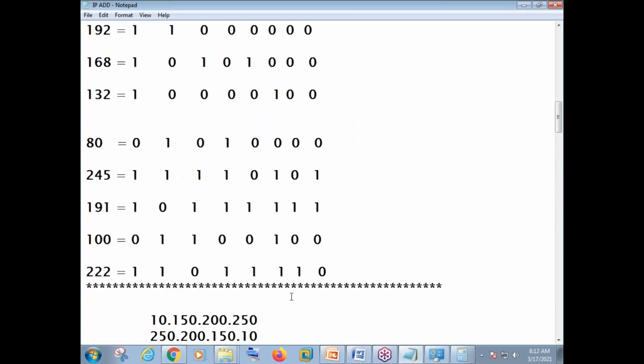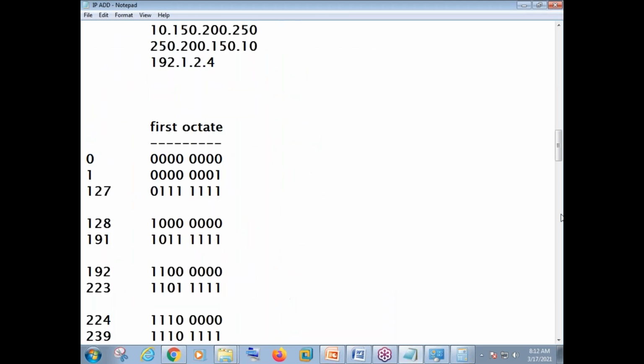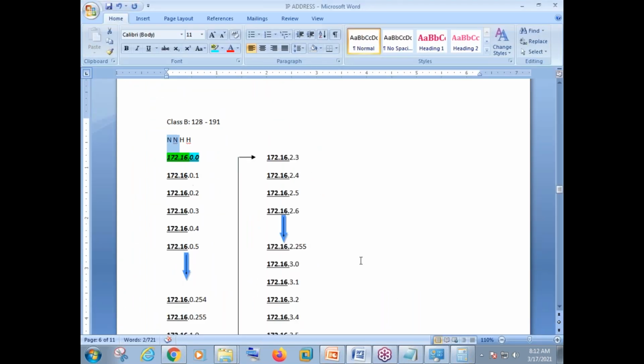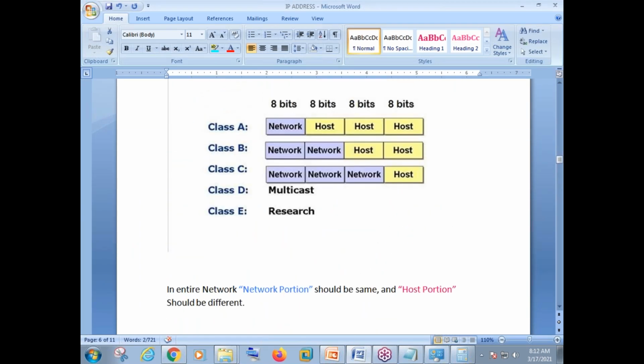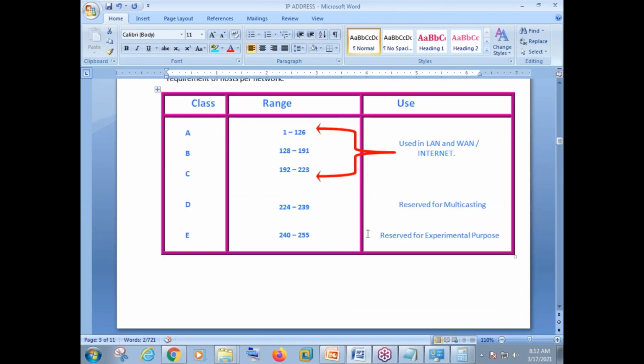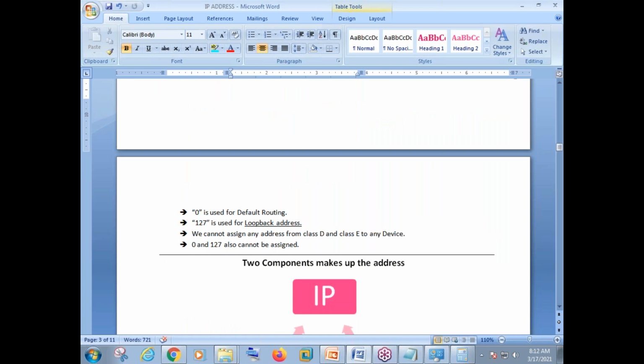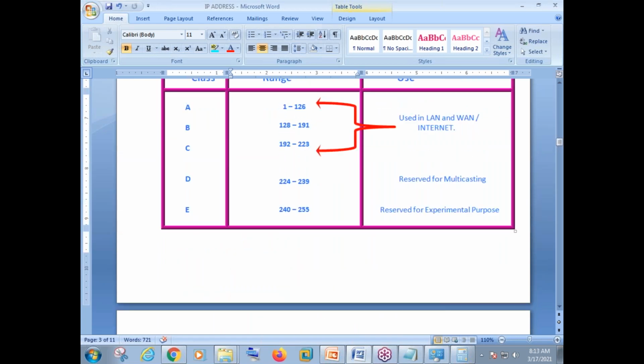So what we have seen today is the 5 classes, and their ranges and their use. That is the first thing we have seen. And the second thing we have seen today is how we got these classes. Why class B is 128 to 191, why class A is 1 to 126. So on what basis these ranges are designed. So we know there is something called priority bit or the common bit. So in the first octet, for every range there are some bits that are common, that are reserved. So on the basis of that priority bit or reserved bit, we got the ranges. That is the second thing we have discussed.